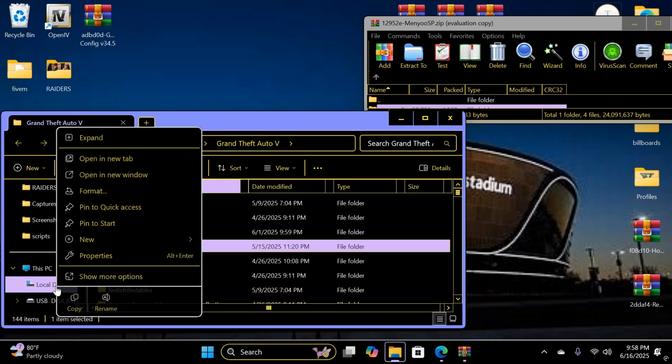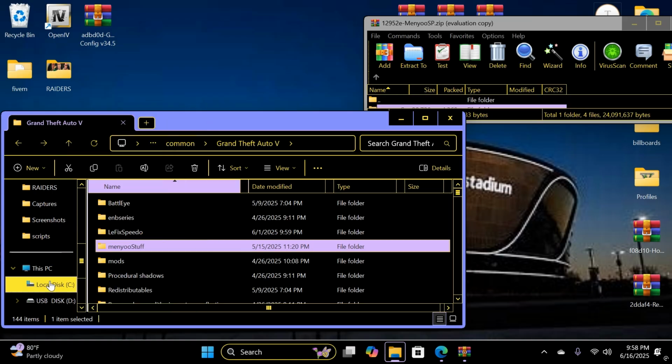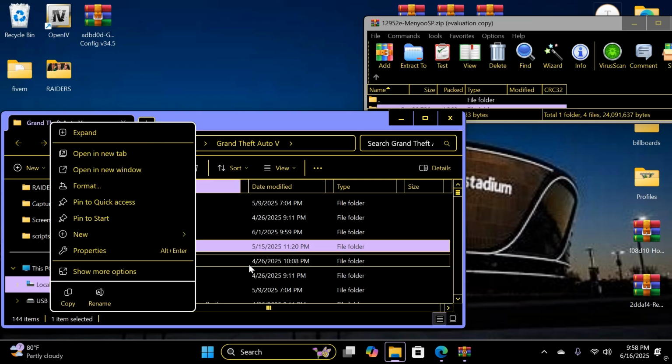you can right click on it and pin it right here. You can pin it to startup or pin it to quick access. Anywhere you want to pin it so you ain't got to keep going back looking for your main directory. Right, what I did, go on local, right click it, because I'm already in it. Right click it and it gives you the option to pin it to start